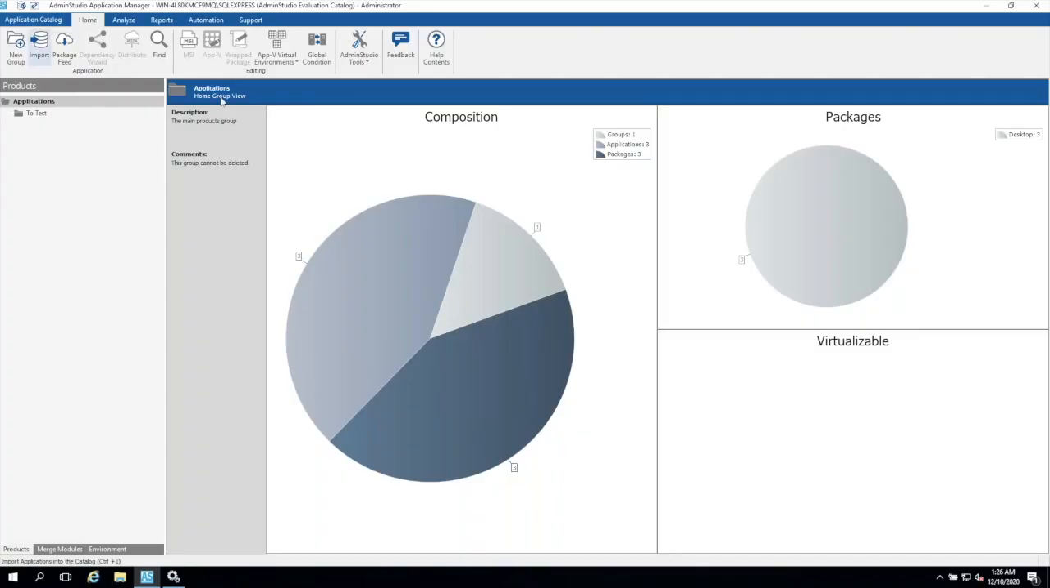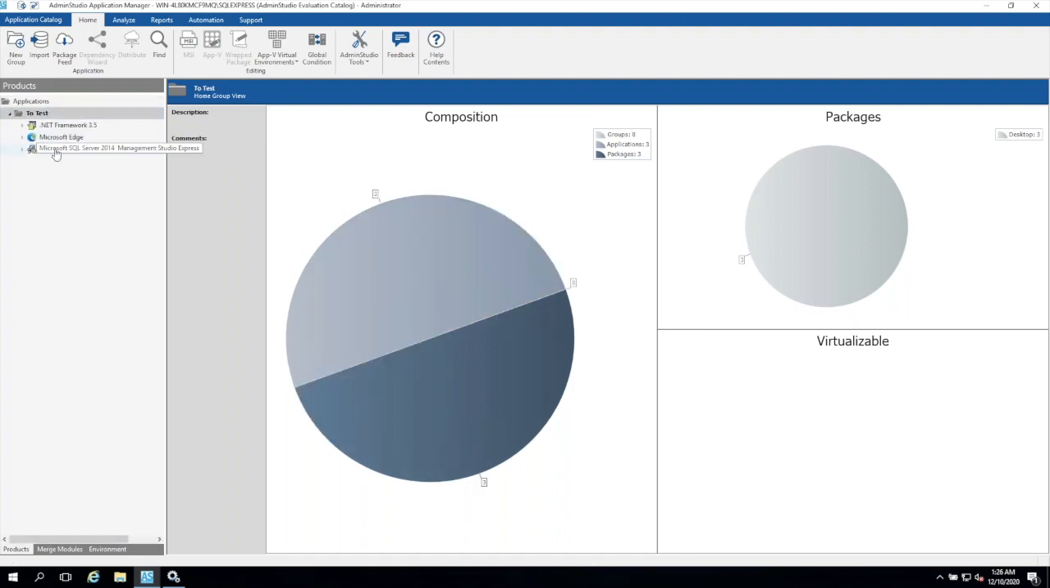Yes, here is the AdminStudio interface, which we were talking about all along. For demo purposes, I have three applications: the .NET Framework, the Microsoft Edge browser, and the SQL Server Management Studio. Here I see a dashboard which tells me what the applications and packages are, and whether they are virtualizable or not. For me to find out, I will move on to